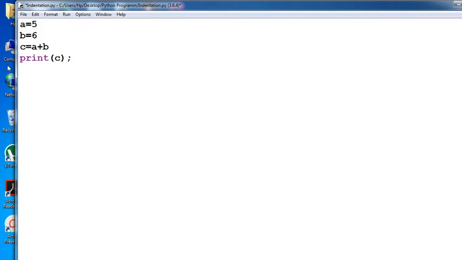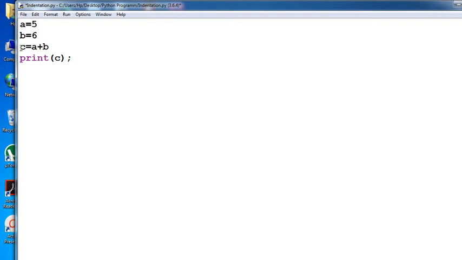Remember one thing: in a simple program like addition, subtraction, multiplication, there is no need of any space in your program. That means your indentation error will not occur. Okay, now your question is, when do we use indentation in Python programming? Now we will see when indentation is required, when there is a need for this type of indentation.